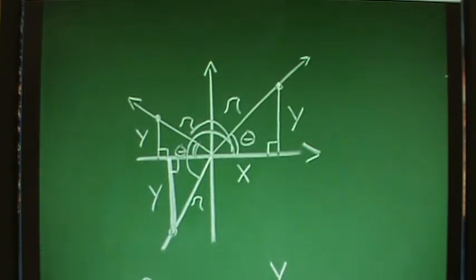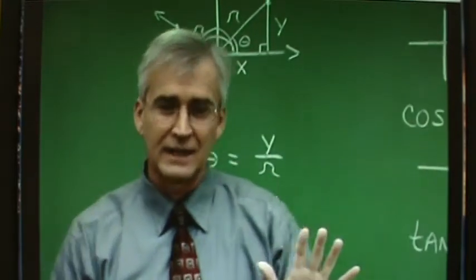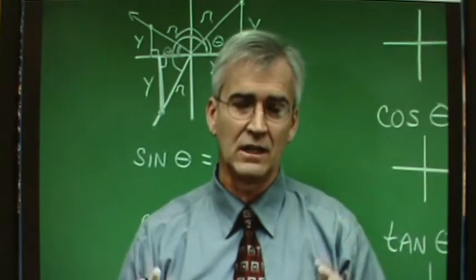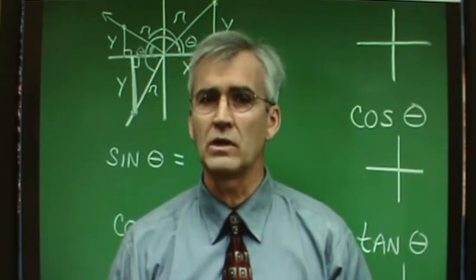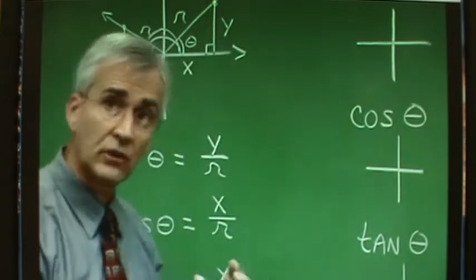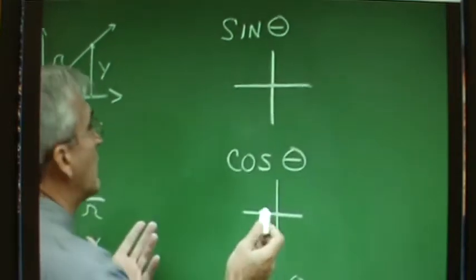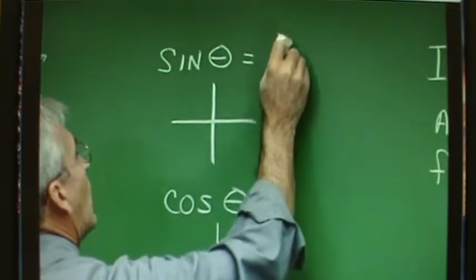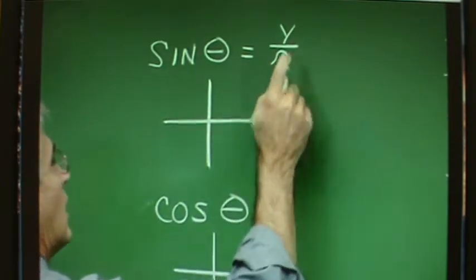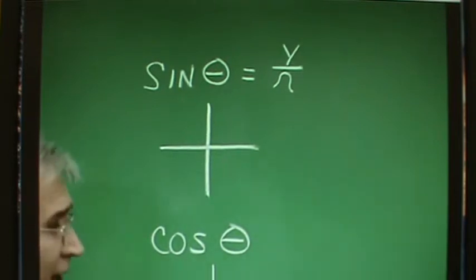Okay, now with that in mind, let's talk about the sign, S-I-G-N, of our trig ratios as we move around the coordinate plane. It turns out that the sign changes from quadrant to quadrant. Now we know that sine theta is y over r. Now r is always positive. We'll consider it to always be positive because, if we're thinking about using the Pythagorean relationship to find r,